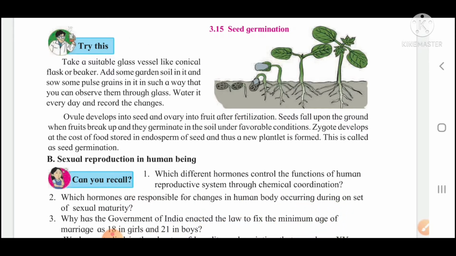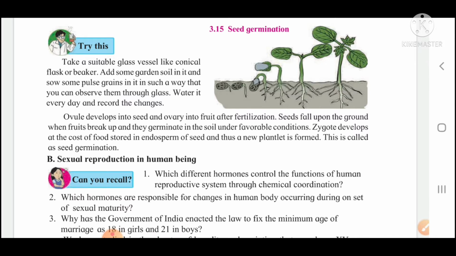Try this. Take a suitable glass vessel like a conical flask or beaker, add some garden soil in it and sow some pulse grain in it in such a way that you can observe them through the glass. Water it every day and record the changes. Now what you will do in this case, you will take a